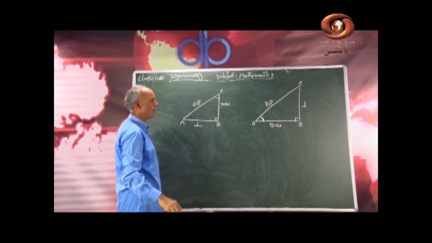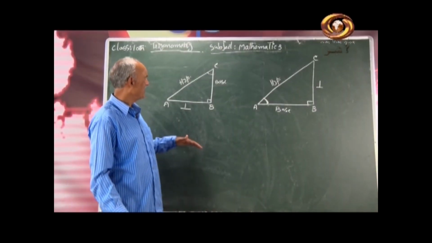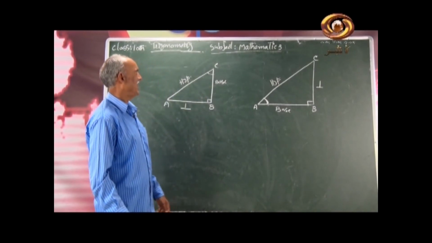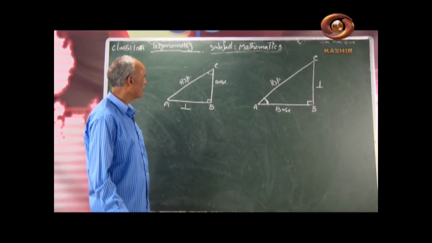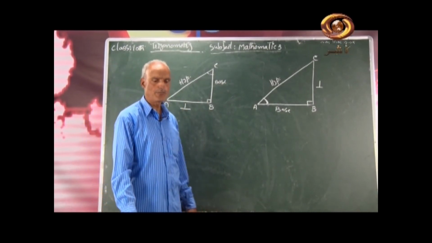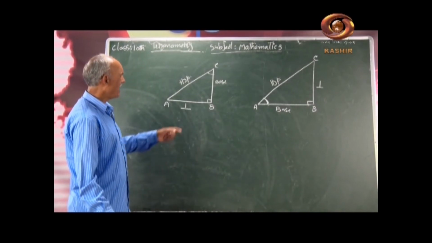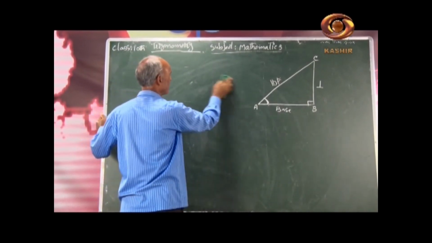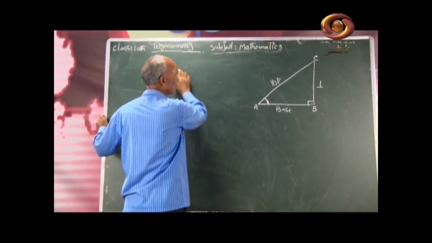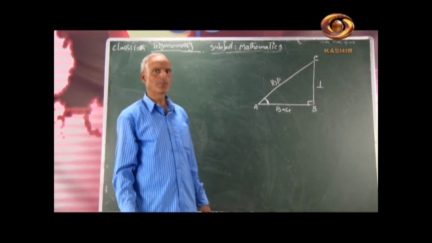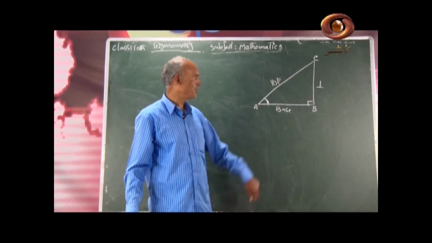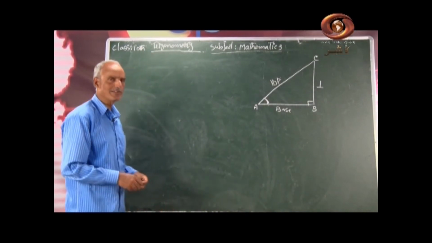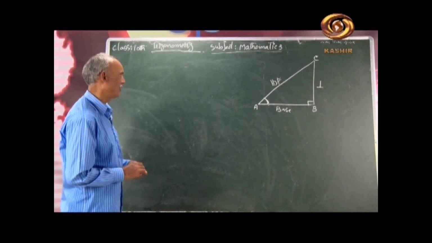This is very important. First off, we have to remember that the side adjacent to the angle is called the base, the side opposite to this acute angle is called the perpendicular, and the side opposite to this right angle is called the hypotenuse. Now we can have 6 ratios. The first ratio is perpendicular by hypotenuse, base by hypotenuse is another ratio, perpendicular by base is one more ratio, and 3 others are the reciprocals of these 3 ratios. So we can have at the most 6 ratios. Now we will discuss these 6 ratios one by one.